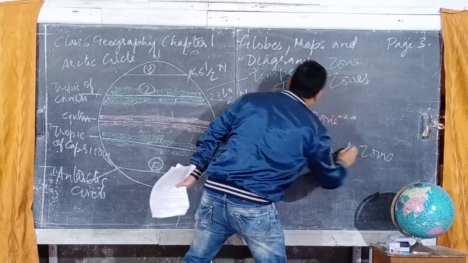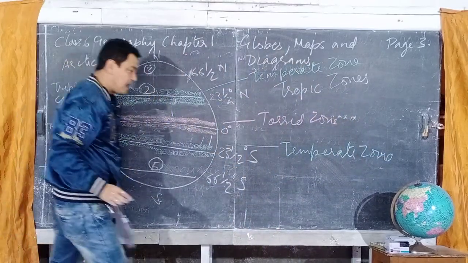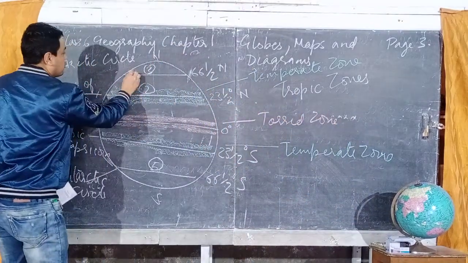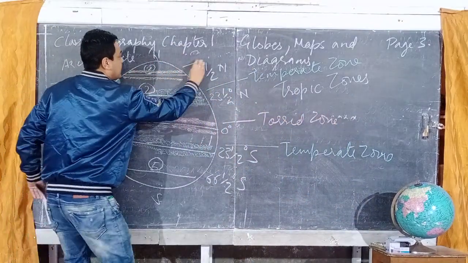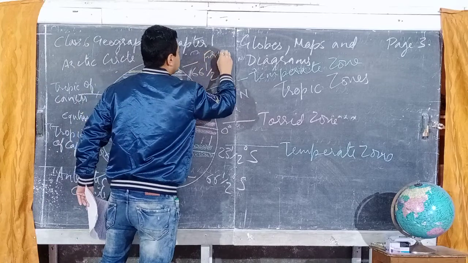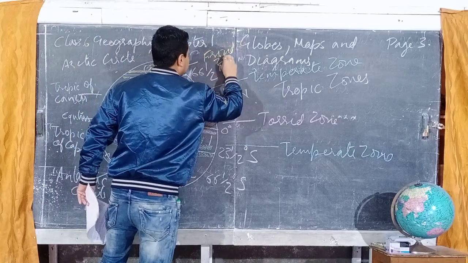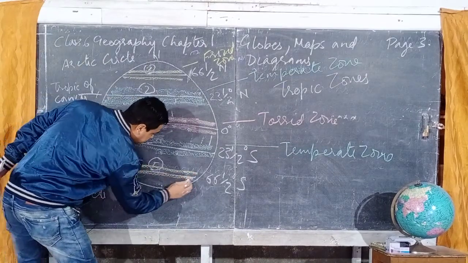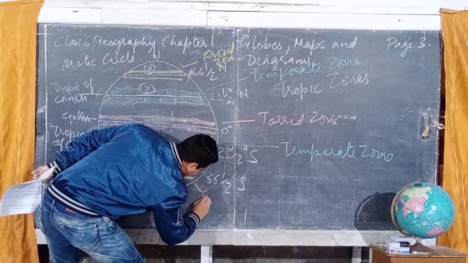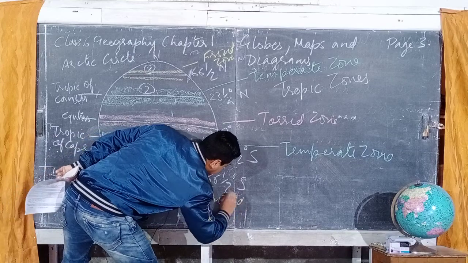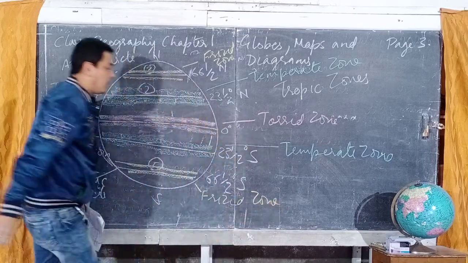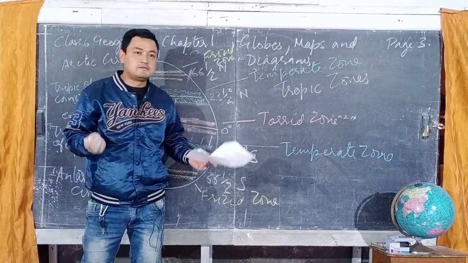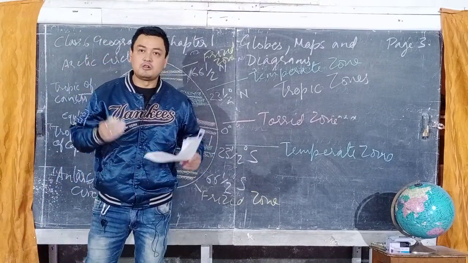Now, what is this place known? Okay? So, I am marking it with a yellow, so that you can understand this is the coldest place. So, this is known as a F-R-I-G-I-D, frigid zone. This is known as a frigid zone. F-R-I-G-I-D, frigid zone. So, our Earth is not divided into equal halves by equal latitudes only or longitudes only,